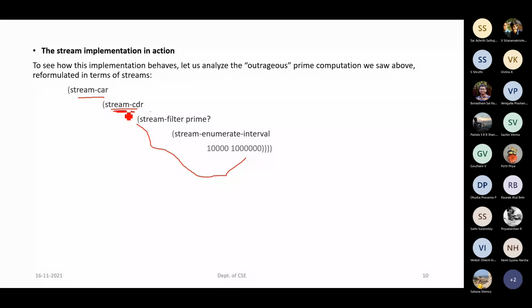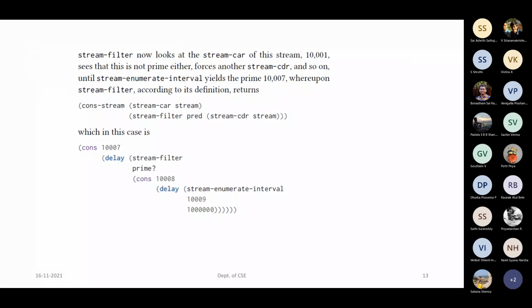When we apply this stream CDR, this delay will be removed. Once this delay is removed, the stream filter procedure gets called with this. Then comes the next enumerate procedure, which will be called with 10,008 passed, and then we remove the delay by applying force. 10,009 will be coming. So like that it goes.